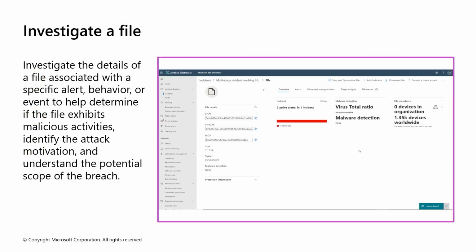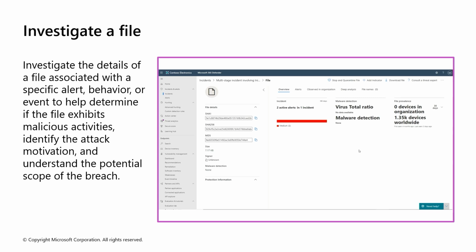Defender XDR gives us the tools to dig deeper through what's called a file investigation. This process lets us look at the file's metadata, its prevalence across the organization, and any associated alerts or behaviors. We can see where the file has been observed, how often it's been seen, and whether it's been flagged as maybe malicious by Defender or some other threat intelligence source.